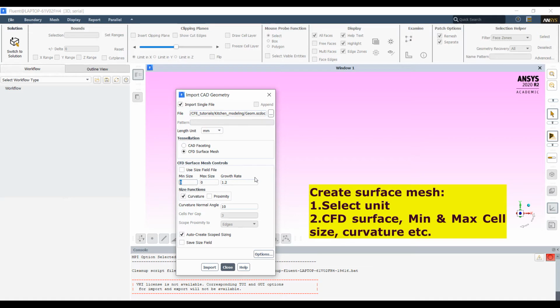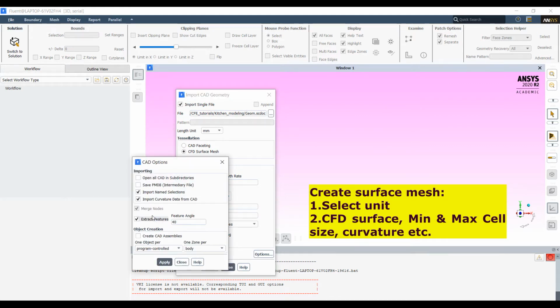I am giving a minimum cell size of 5 and a maximum cell size of 15. Please note that this size should be given. For the curvature angle give 10, and cells per gap I am giving as 2. Here, among the options, we can select save intermediate file, apply.